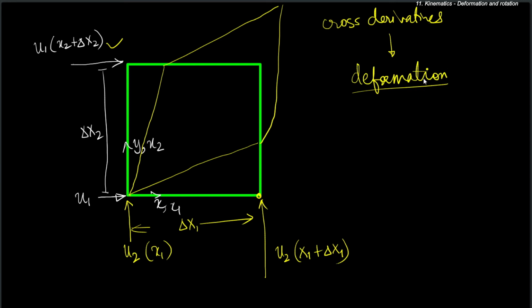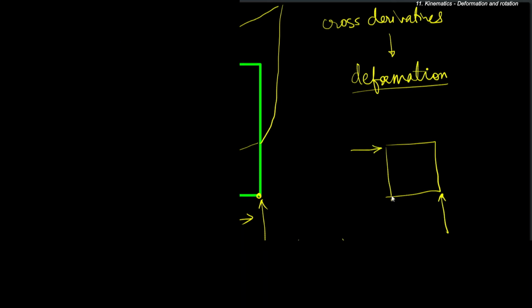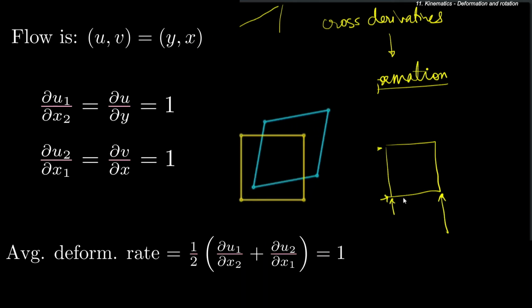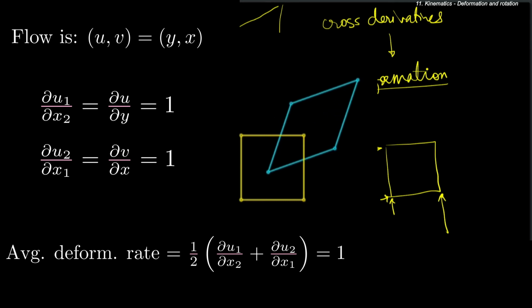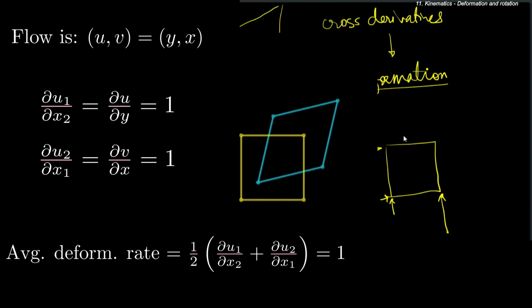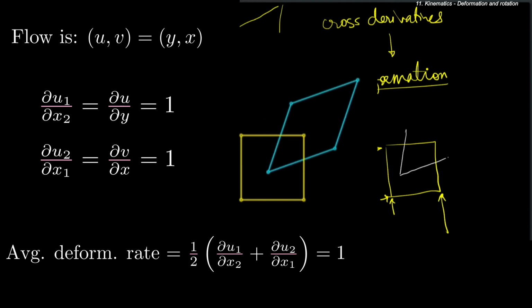Let us look at one particular simulation where the velocity has such a gradient. For that particular cube, this velocity will have a gradient with respect to this point in this direction. The velocity at this point will have a gradient with respect to this direction. Now, because the velocity also is non-zero at this point, it will lead to a movement of the entire cube. At the same time, it will lead to a deformation.